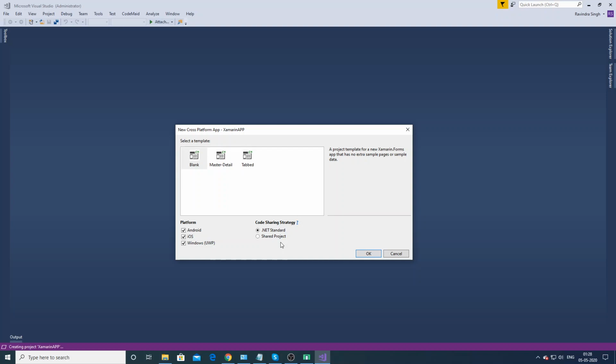While in case of .NET Standard, projects are compiled in a portable assembly that runs in any .NET based runtime.